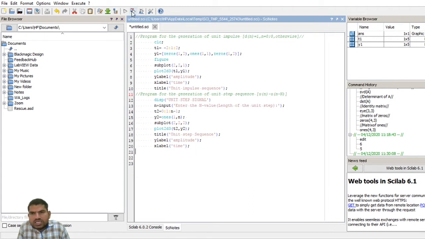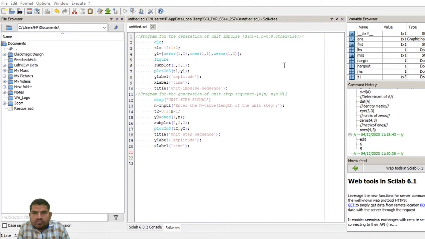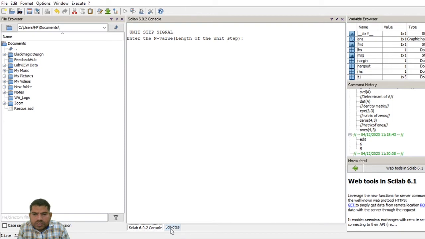Then save and execute the program. Now this is the unit impulse. In the console window, it is asking to enter the n value.